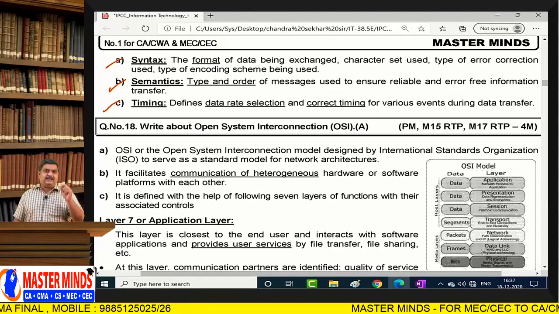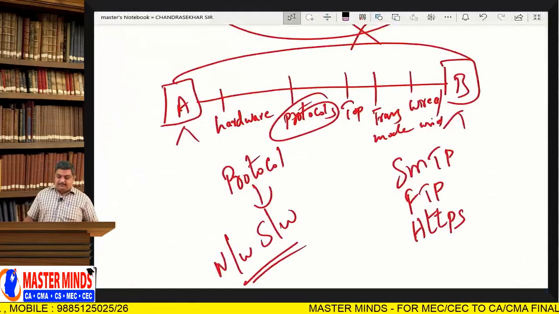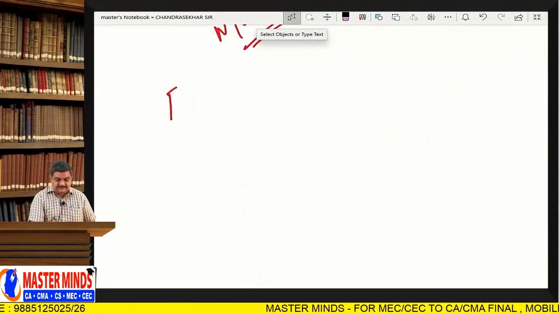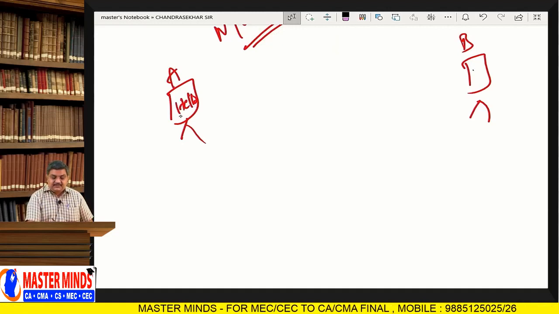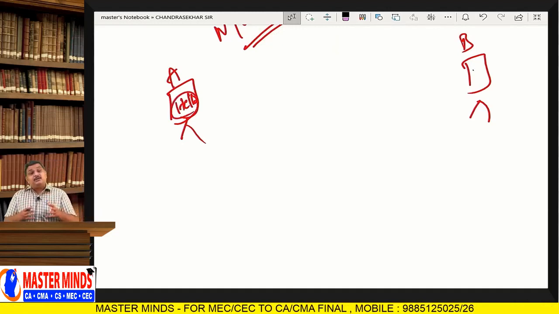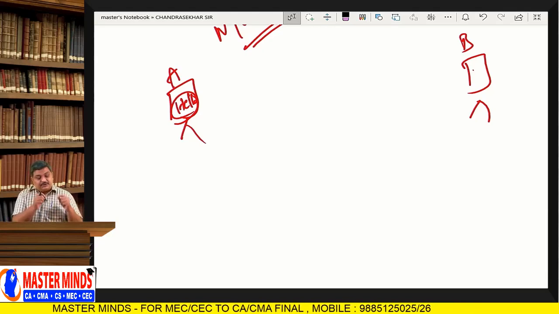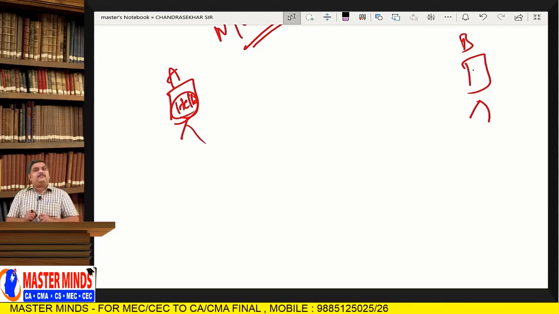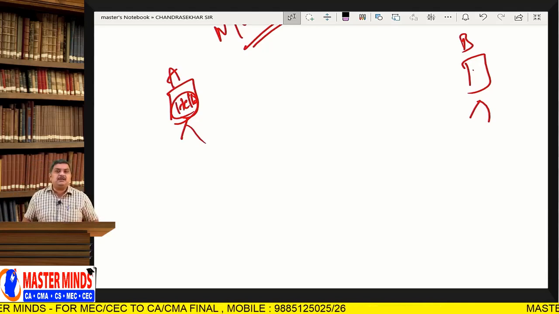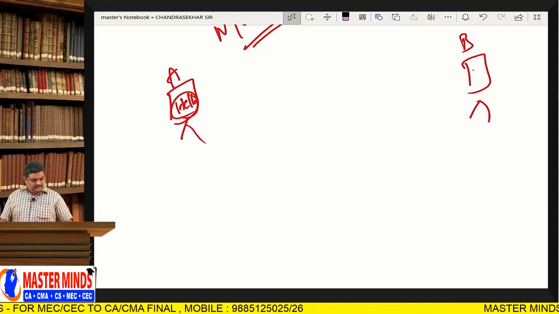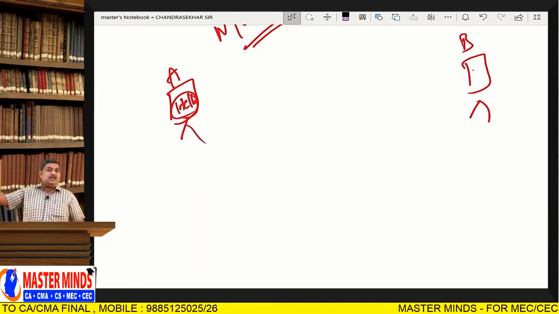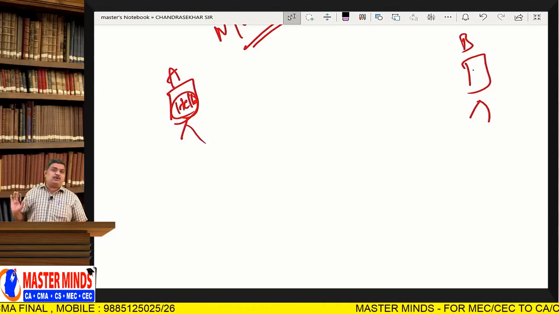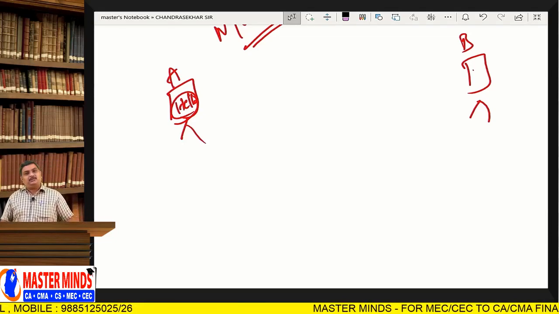That means everything. For example, if I want to send a piece of data from computer A to computer B, for example, I want to send hello from computer A to computer B, then how to transfer this word hello from computer A to computer B, everything, the background work, will be done by the protocols. For everything there will be a protocol. And there will be innumerable protocols, not 1 or 2 or 3 or 4. There will be hundreds of protocols. For every activity, there will be a protocol.